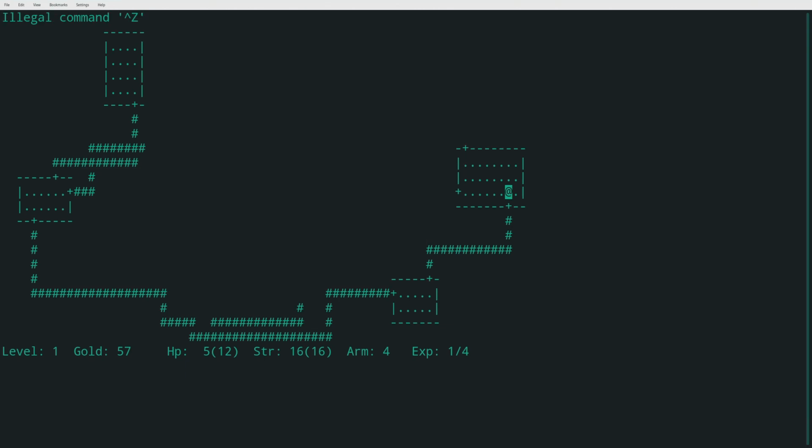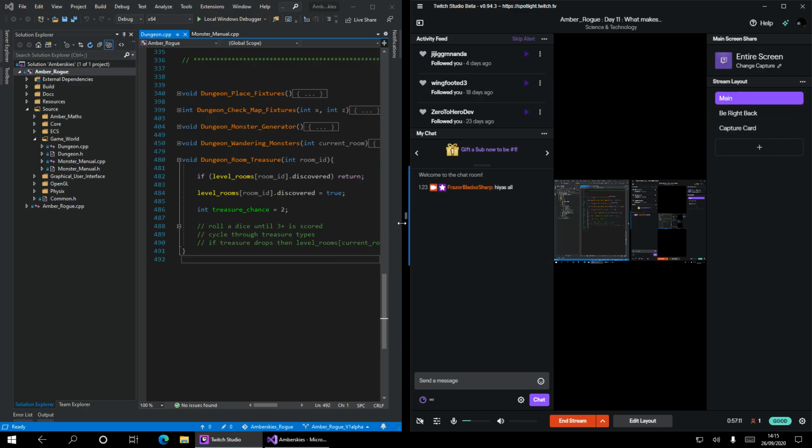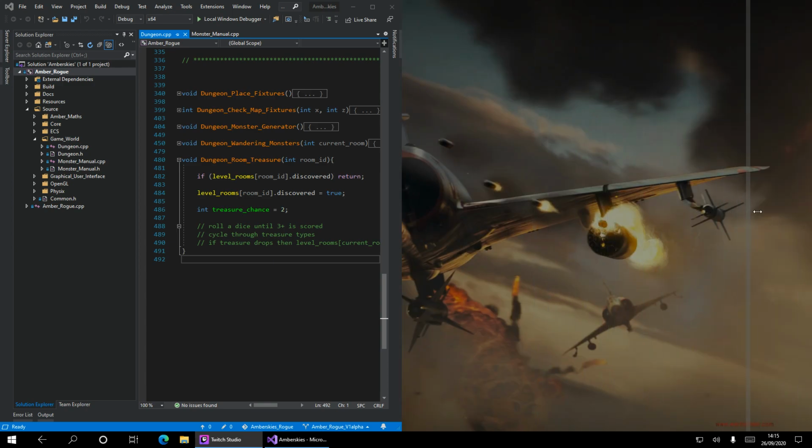Oh, wrong keyboard. There we go. Let's see if I can work a computer. This is very awkward to do, actually. That and that. And that.